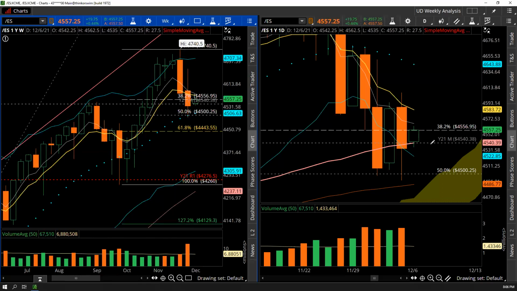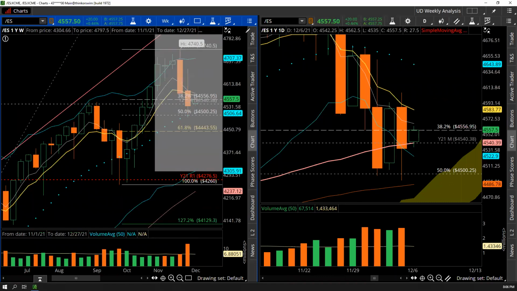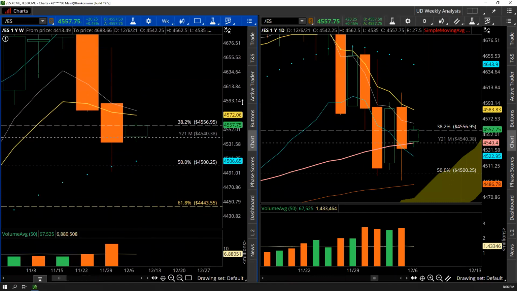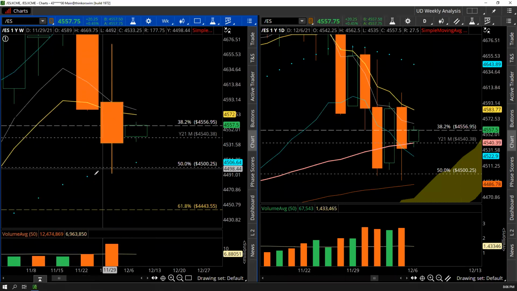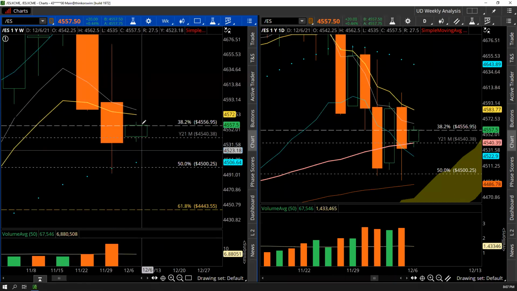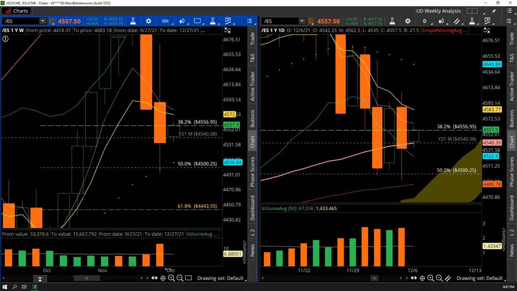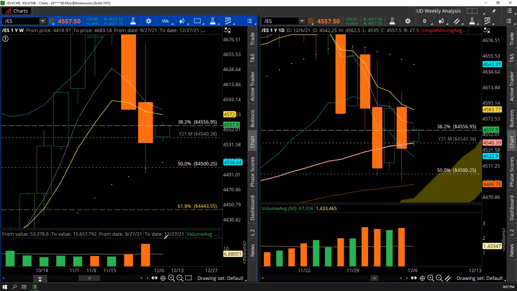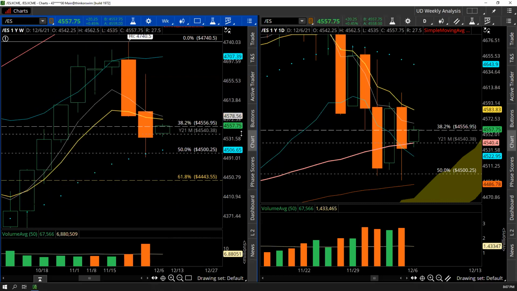So in the same way, we would like to see that every attempt to make it go lower than this average has to be bought by the bulls, and then it comes and closes up. So as long as we are seeing that, which means there is not much big concern overall that the major pullback is coming. But once it goes below that, then that's a very, very bad